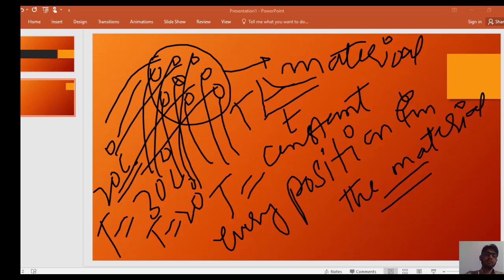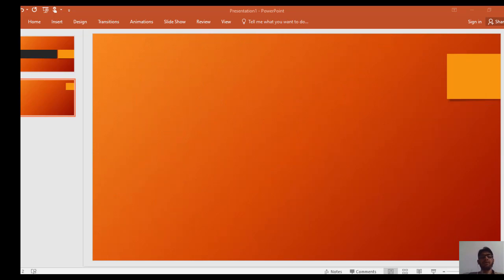So the temperature at every position in the material is constant, 30 degrees or 20 degrees, but the temperature increases or decreases with the passage of time. This is unsteady state heat transfer, and it is also called the lumped system. In this lecture we will discuss the lumped system analysis and what the equation for the lumped system will be.